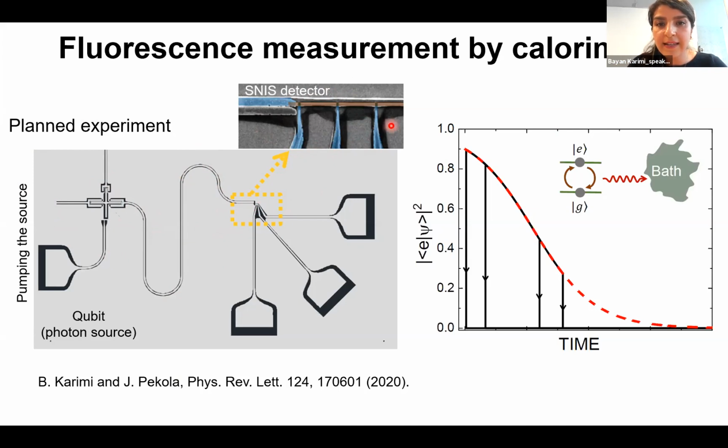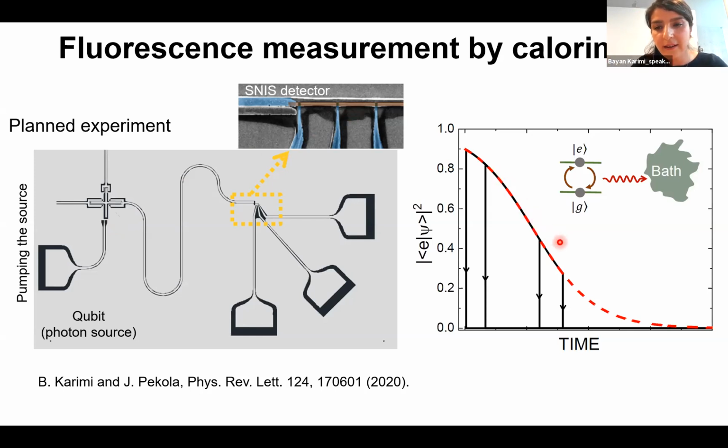What we can see here is the quantum jump in this quantum circuit, meaning that if we excite the qubit, the qubit starts to decay, and the decay rate is given by